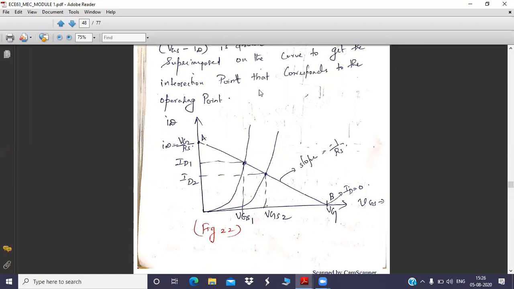So less steep means the line will come downward. And imagine if it comes downwards, is the change appreciably larger or negligibly smaller? If this comes down, the points will be closer. The difference between ID1, ID2, VGS1, VGS2 will be closer, which means the change is small. So if the change is small, the Q point change is not at all big.